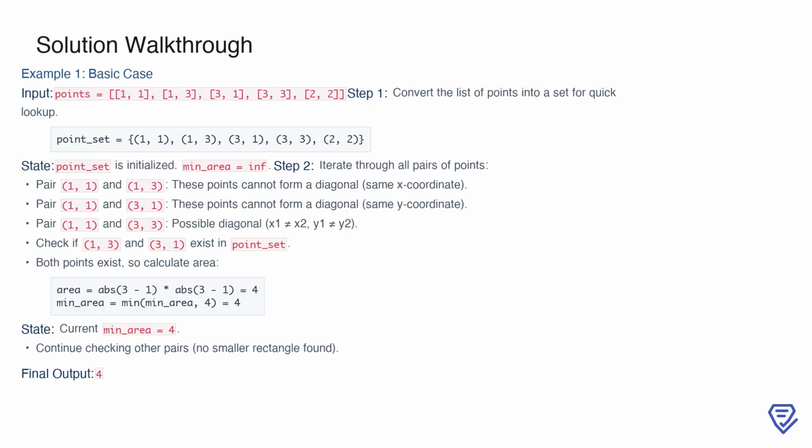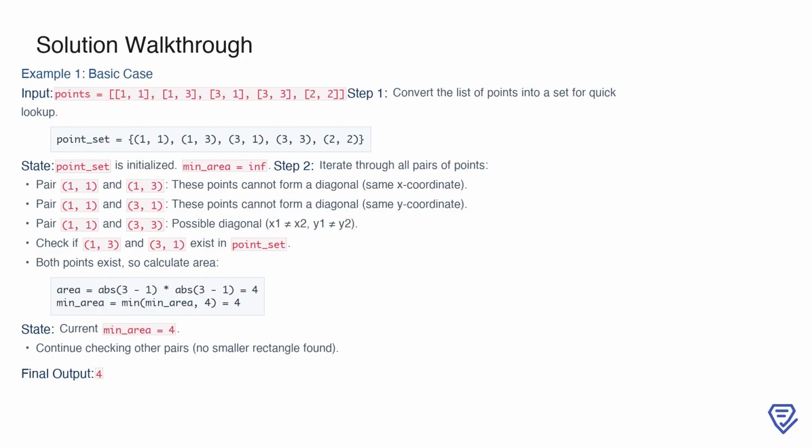Here, the point_set is initialized, and we also initialize min_area to infinity as we are searching for the smallest possible rectangle. Next, we iterate through all pairs of points. For the pair (1, 1) and (1, 3), they cannot form a diagonal because they share the same x-coordinate. Similarly, (1, 1) and (3, 1) cannot form a diagonal because they share the same y-coordinate. However, for the pair (1, 1) and (3, 3), the x and y coordinates differ, so they form a potential